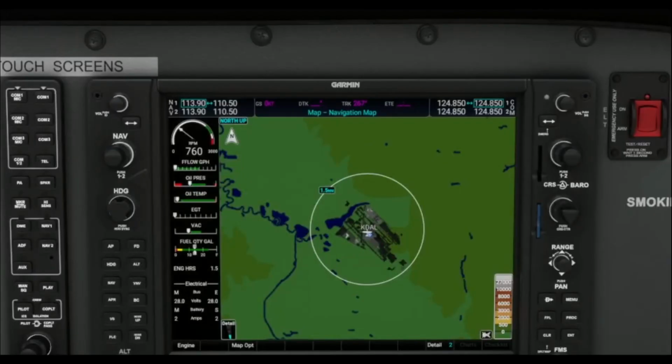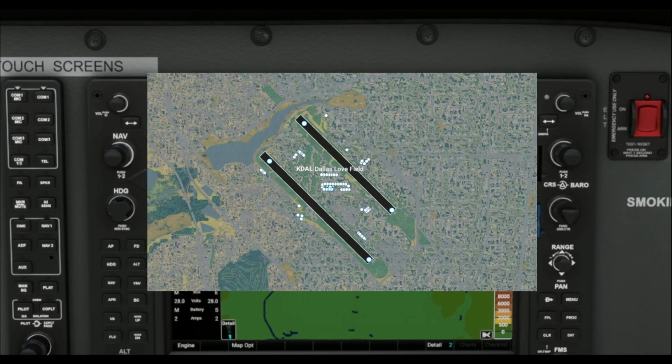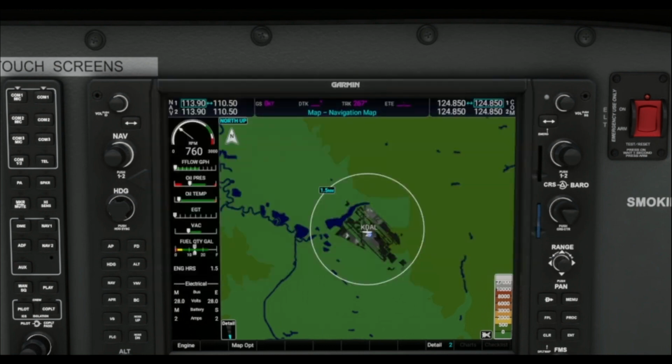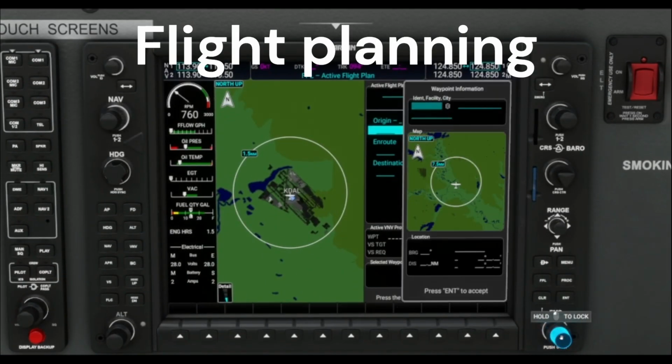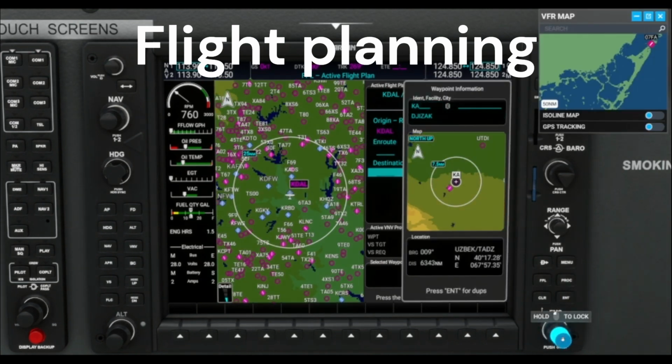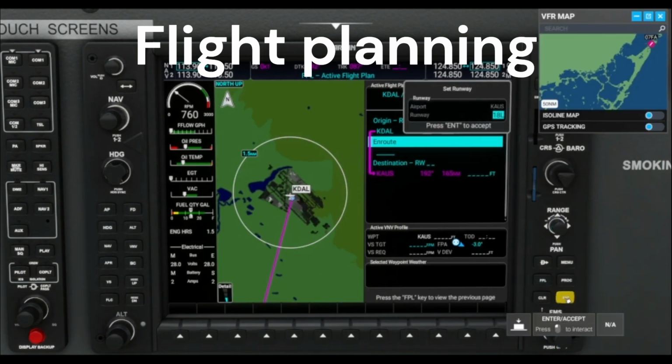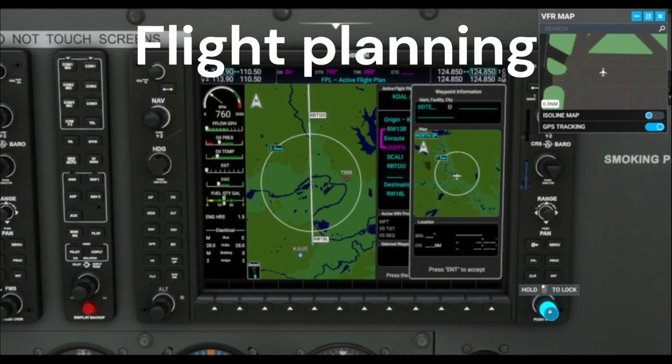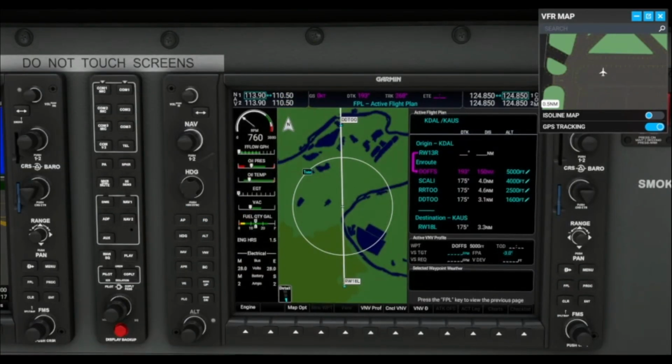So today we're going to be flying a flight from here in Love Field down to Austin, I think it is. And we're going to be using the autopilot the entire way except for takeoff and landing. The approach will all be autopilot. And I'm going to show you how we use the autopilot to go off of my pre-planned flight plan, which I'm going to do right now. Okay, so as you guys can see, I've now programmed the entire flight plan, and I will now, during flight,